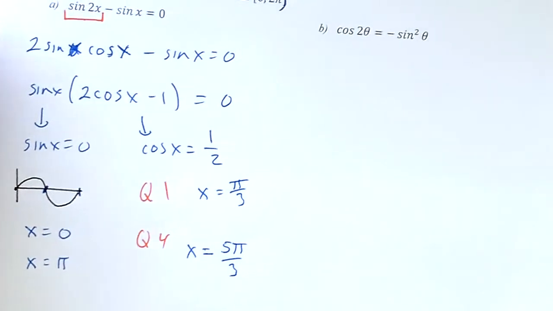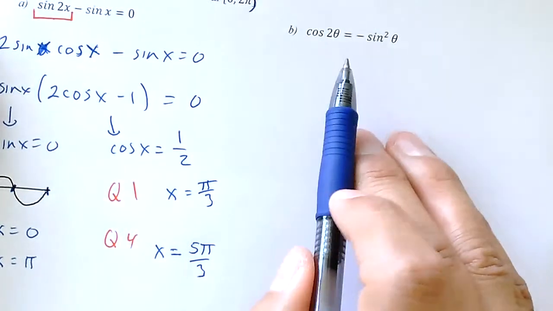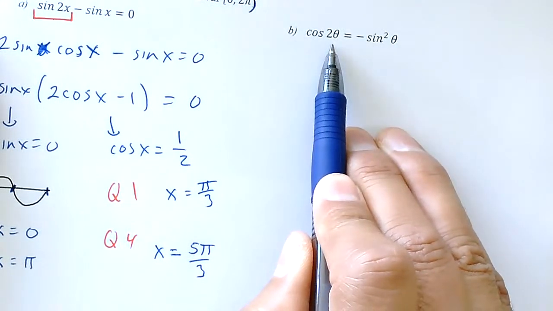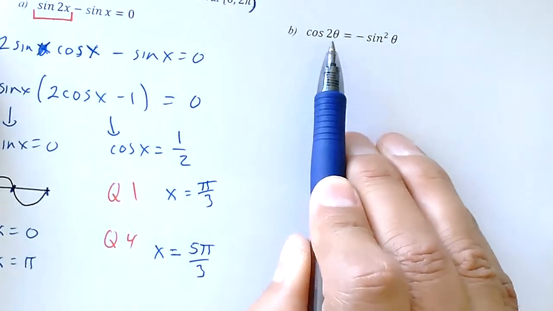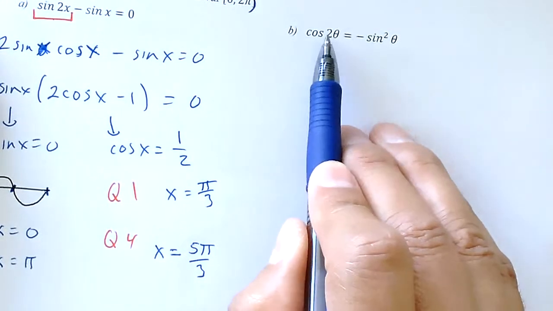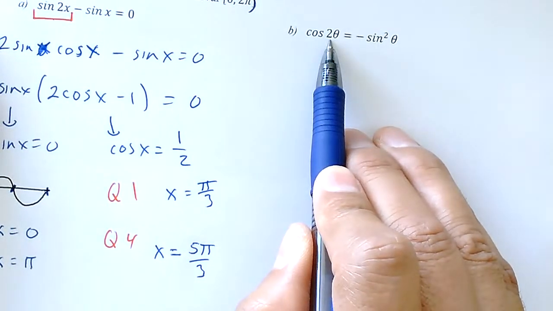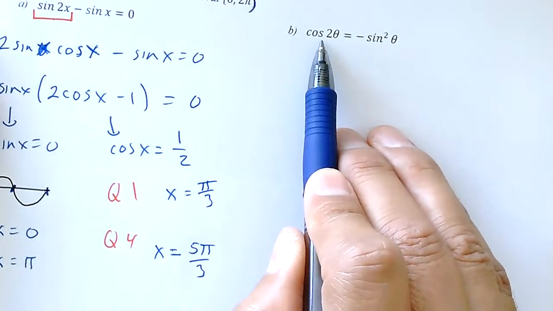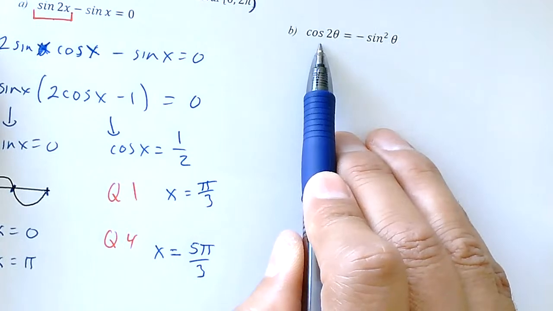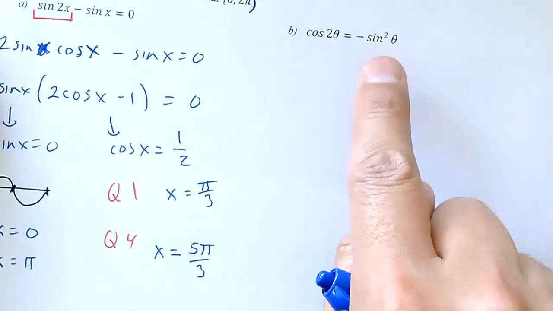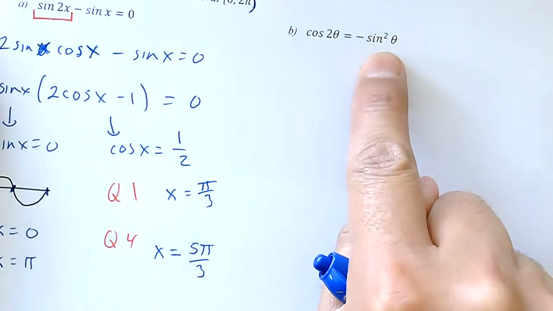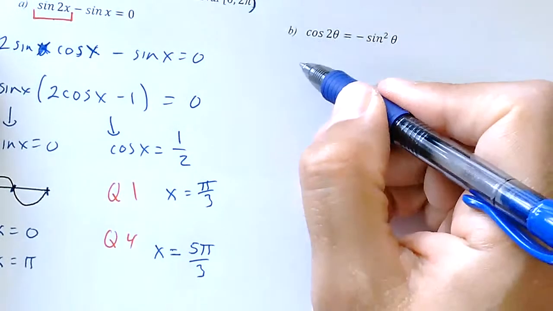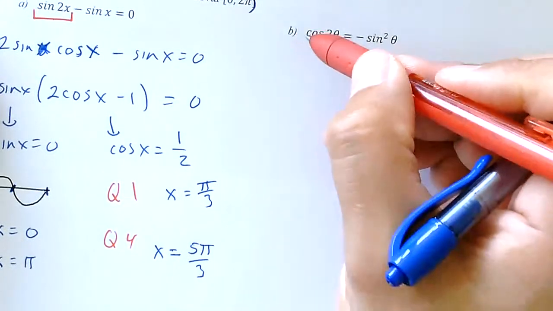Part B. Again, this is a single angle and that's a double angle. So I need to change one of them, that one. And the cosine of 2 theta, there are 3 different formulas for cosine. You have to pick the right one or the one that's going to help you. Because this one has the sine, I want to choose something with the sine. So I'm going to change that one